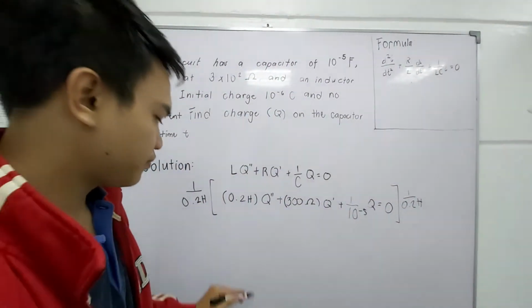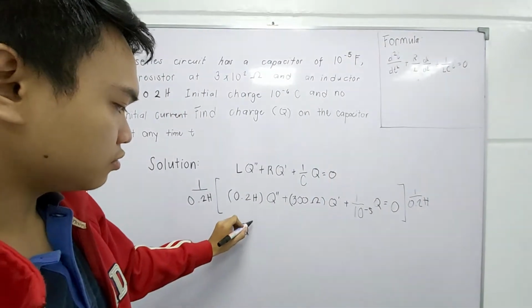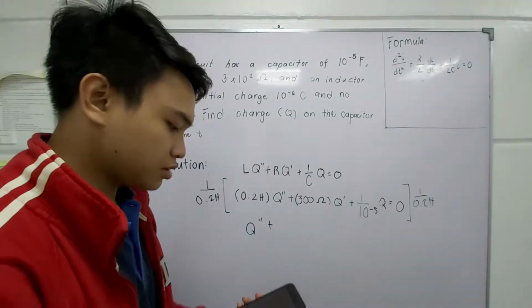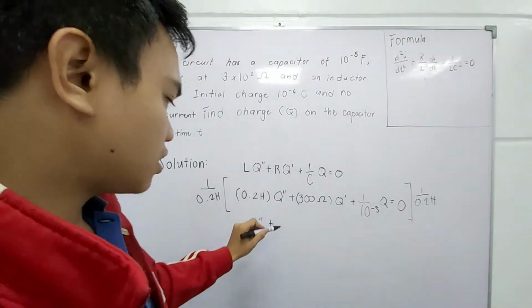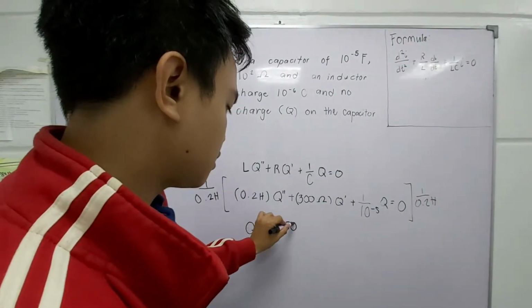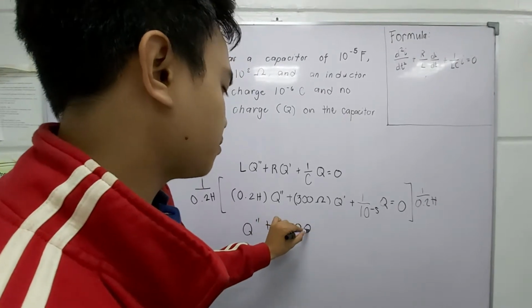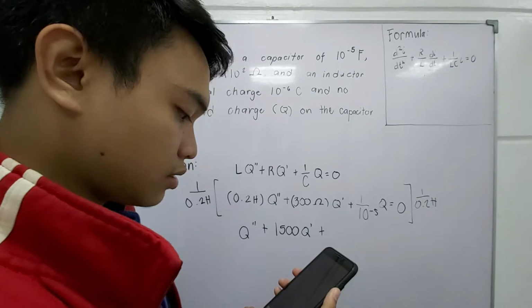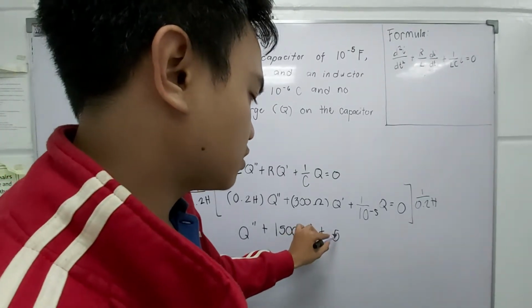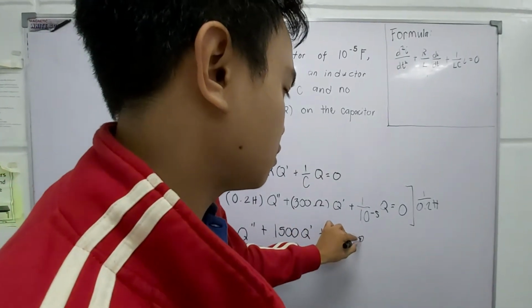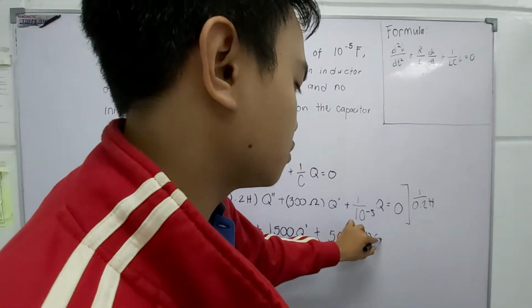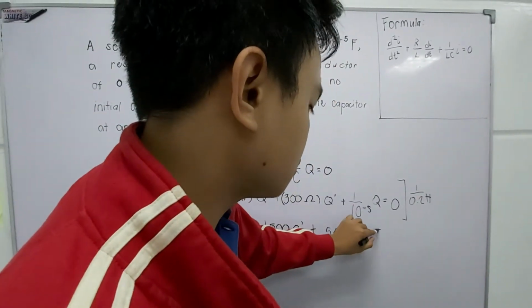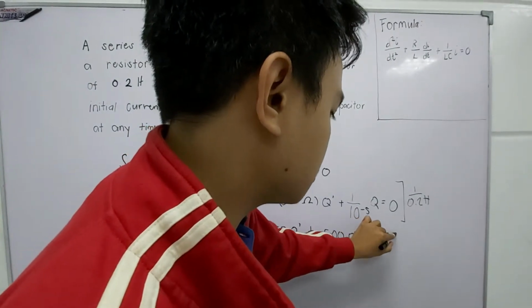To simplify, it is Q double prime plus 300 divided by 0.2, which is 1,500, Q prime plus 500,000 Q is equal to 0,